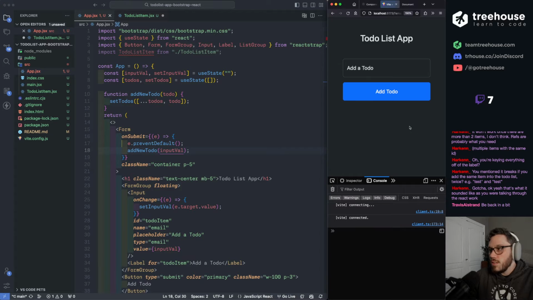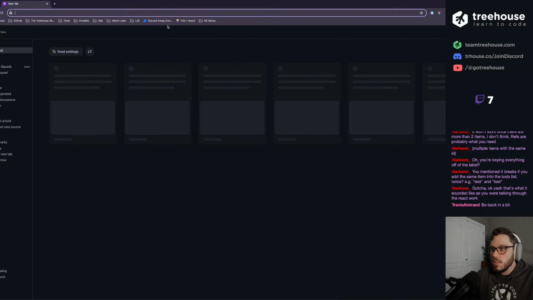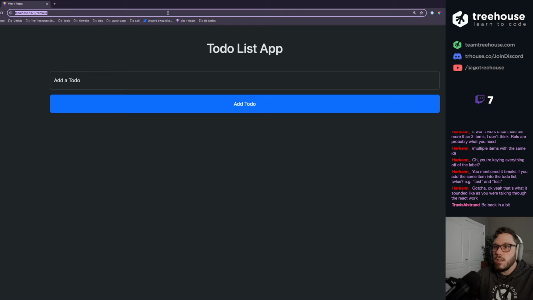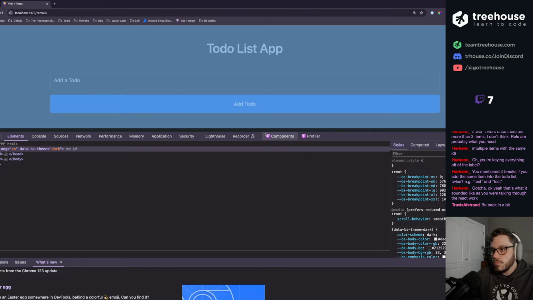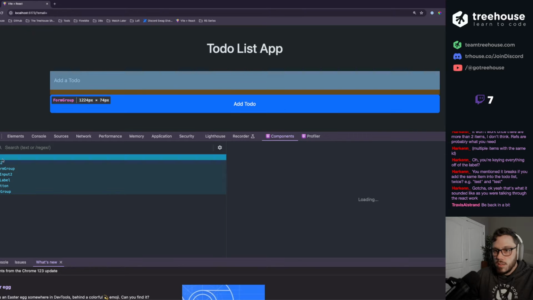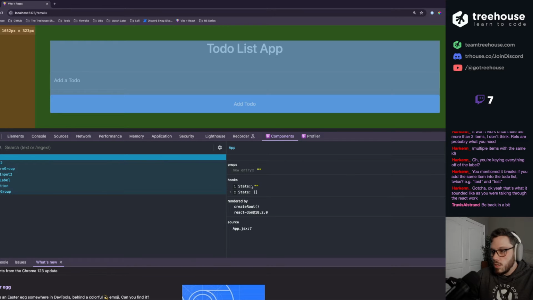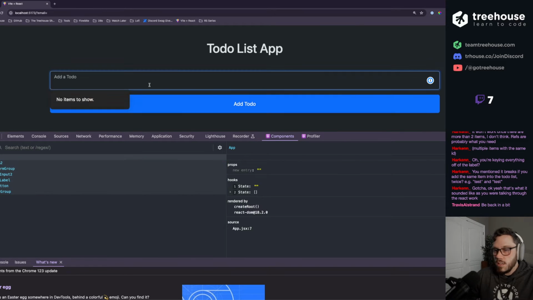So input val, if I say test, actually, let me open this up in Chrome because I have the React stuff in there. So yeah, our state is empty.